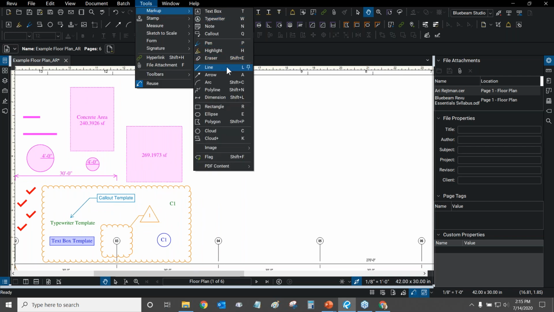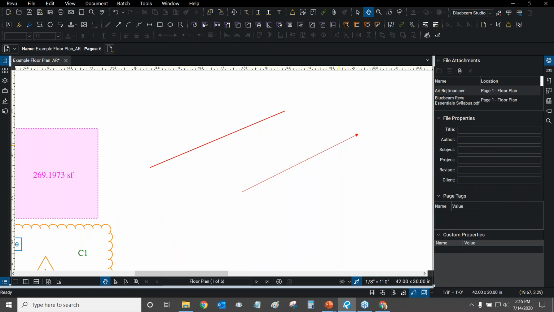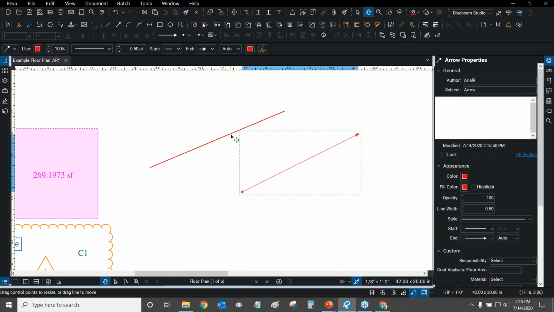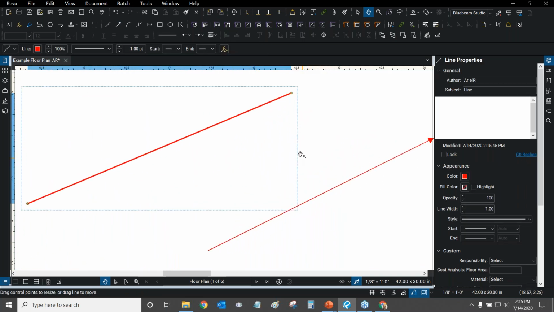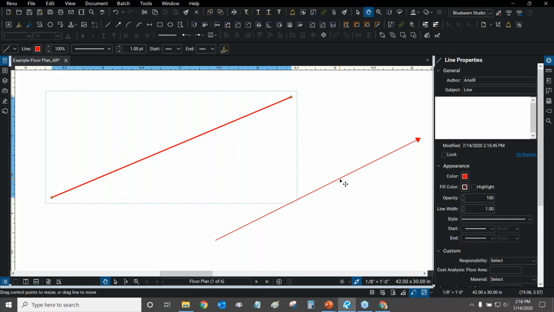Let's continue on. Review allows us to make lines and arrows and arcs. The difference between a line and an arrow isn't really too drastic. I'm going to make a line here, and I'll also make an arrow, and I'll show you why they're very, very similar to one another. This arrow, of course, has an arrow pointing in one direction. This line does not have that, and you can even tell just by looking that the thickness of the line by default is a little bit thicker than the arrow's line.